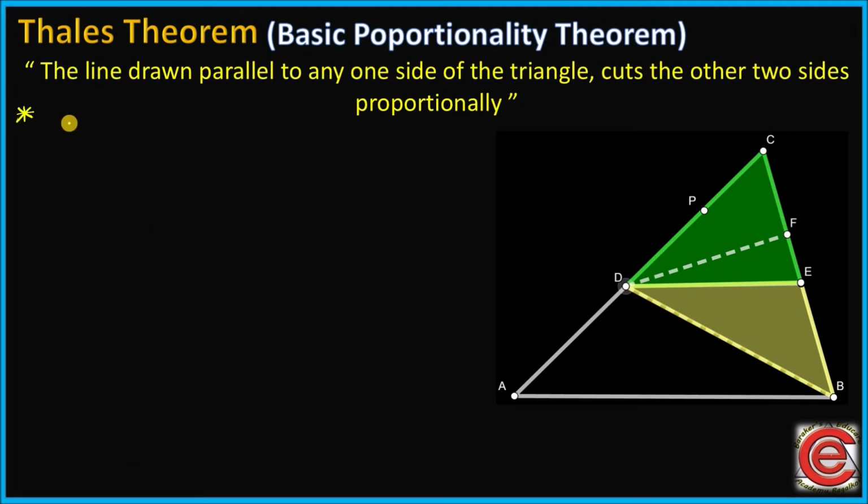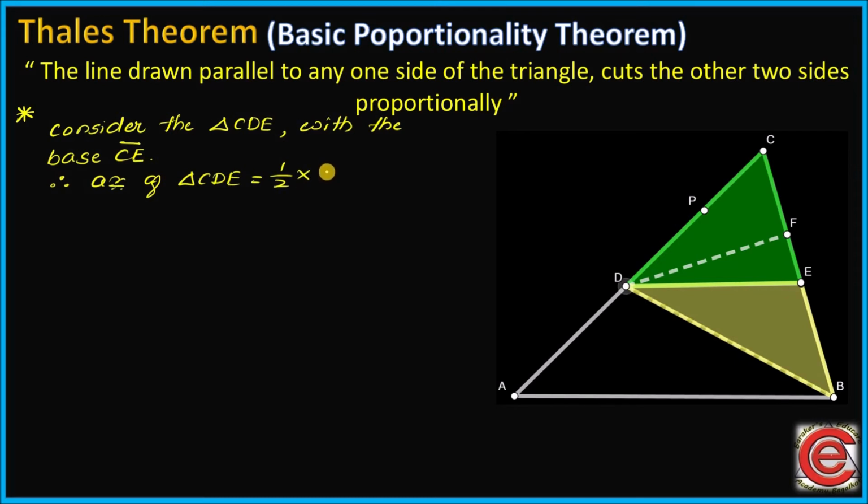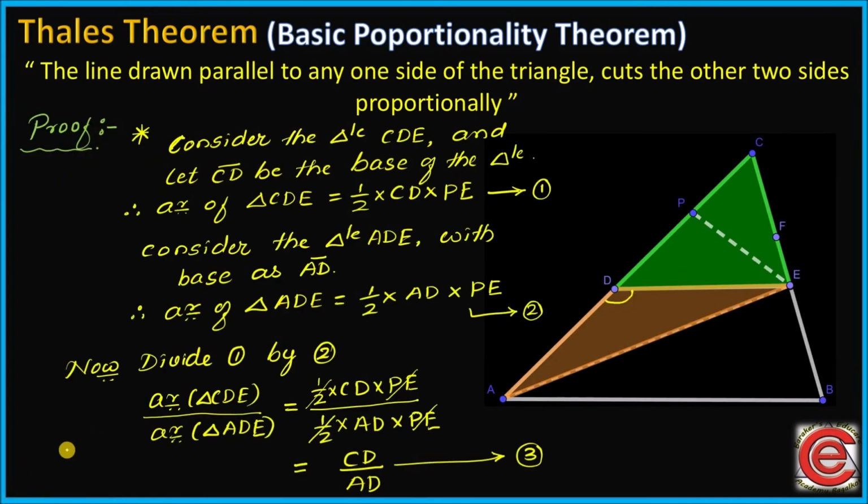Again let us consider two triangles. The first triangle is the same, that is CDE, but along with that we have to consider the triangle BDE. So two triangles CDE and BDE. Consider the triangle CDE and let the base of that triangle now be CE. If CE is the base, then what will be the height of that triangle? Height is definitely DF. Therefore, area of the triangle CDE is given by half of base CE and height DF. Call it equation number 4.